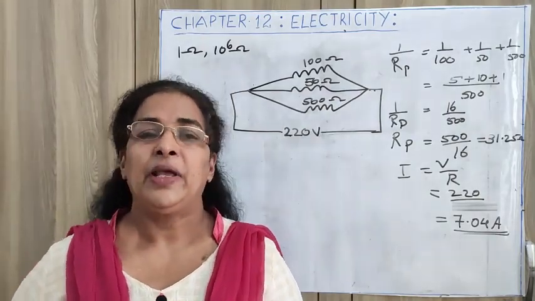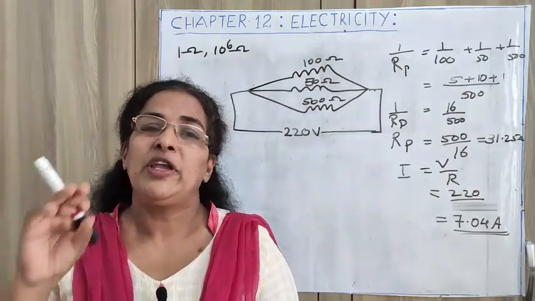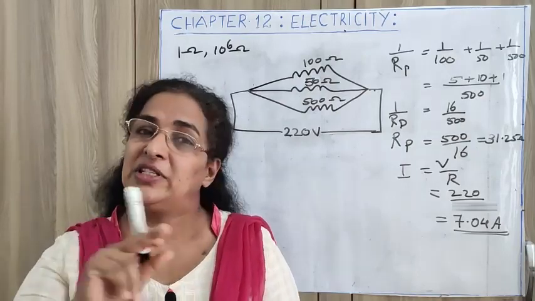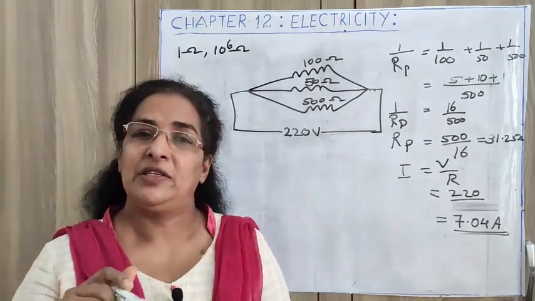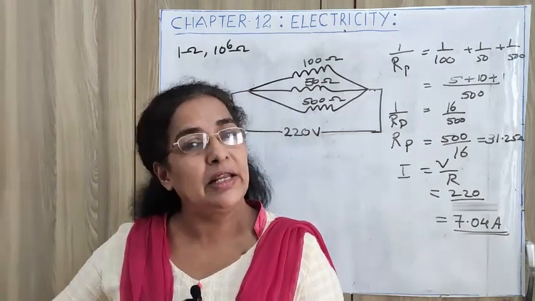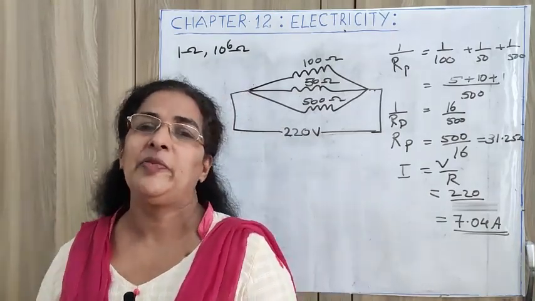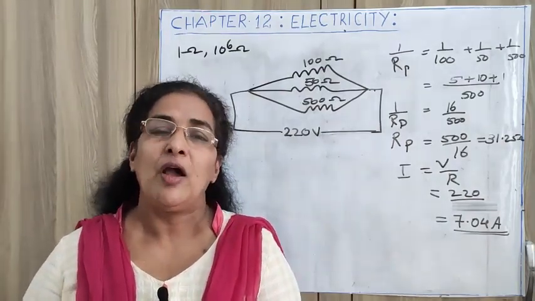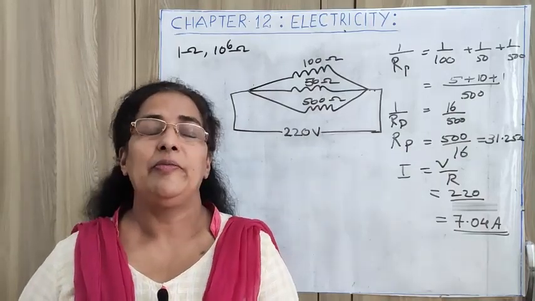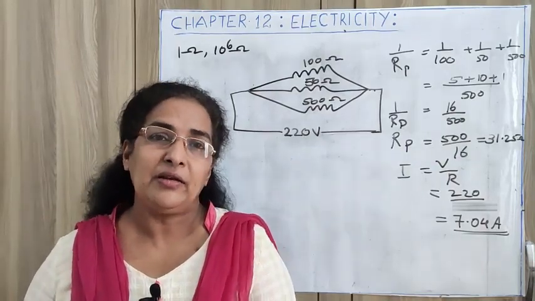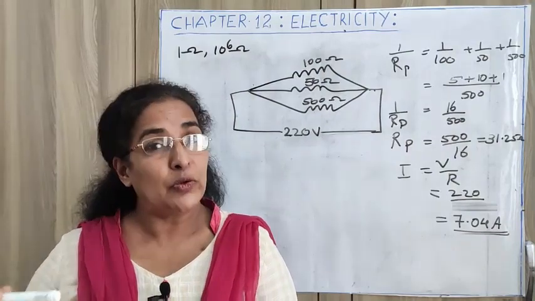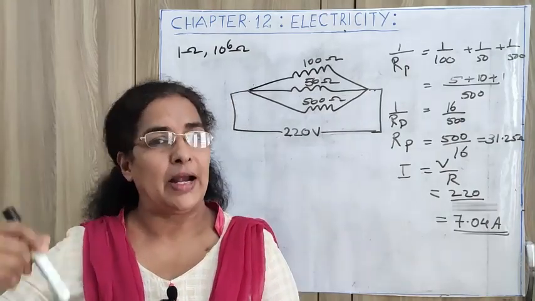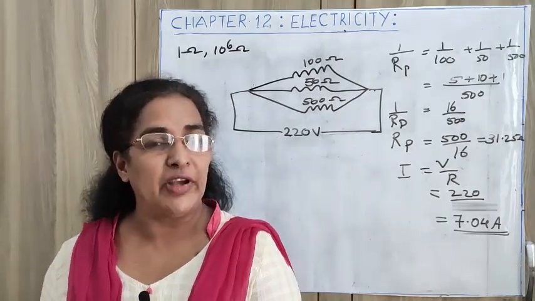And one more is there, that is in series connection we cannot connect all those gadgets which need different currents, because in series the same current will be flowing. We have seen yesterday, if the gadgets are connected in series, all the gadgets will have the same current. But in our daily practical life, we know that all the gadgets may not need the same current, because resistances are also different. So we can connect the gadgets which need different currents in parallel connection, parallelly to the source of energy.